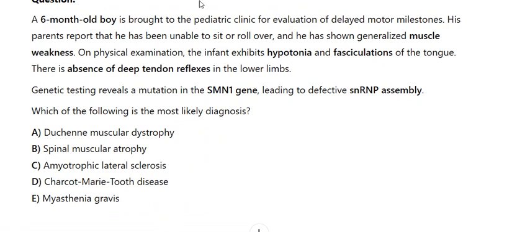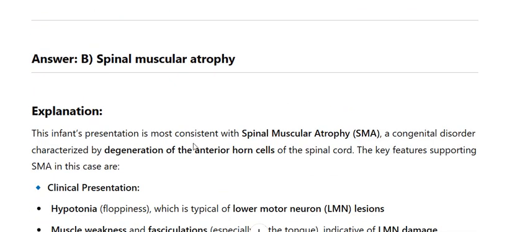Answer: spinal muscular atrophy. Explanation: this infant's presentation is most consistent with spinal muscular atrophy, SMA, a congenital disorder characterized by degeneration of the anterior horn cells of the spinal cord. The key features supporting SMA in this case are clinical presentation: hypotonia, floppiness, which is typical of lower motor neuron, LMN, lesions; muscle weakness and fasciculations, especially of the tongue, indicative of LMN damage;